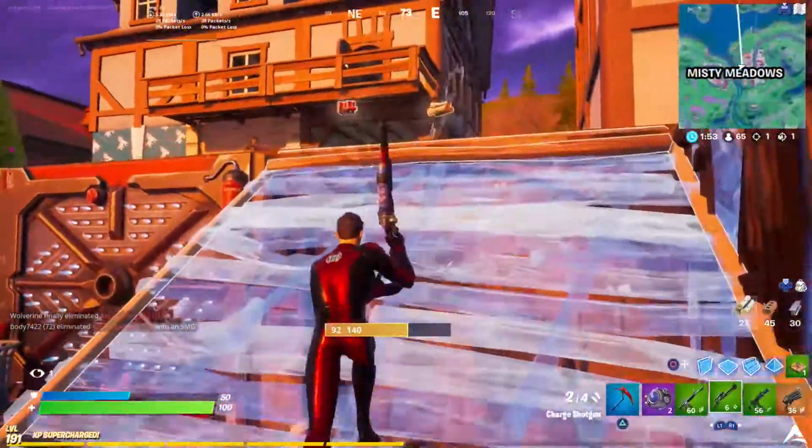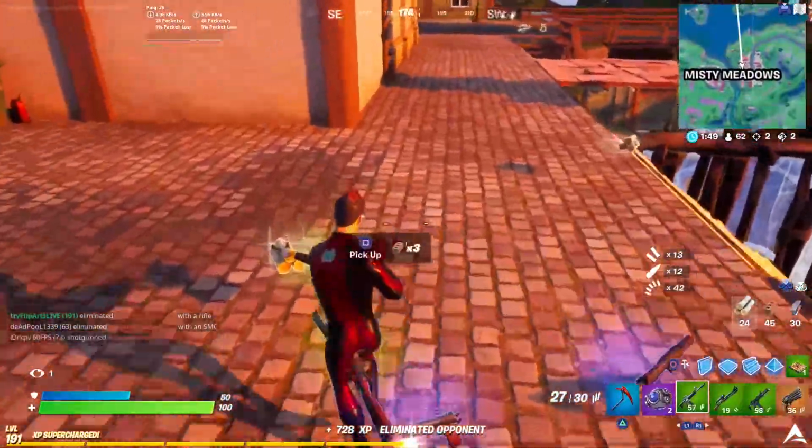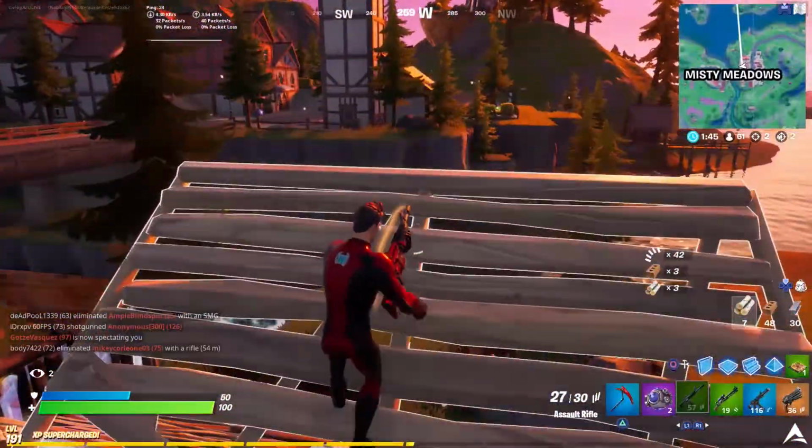Now moving on to our second challenge, it'll be to get eliminations at Misty Meadows, and to complete this challenge, you'll need to get 3 eliminations. Now this one's pretty simple as well, and of course, as per usual, if you guys are struggling to get your eliminations,